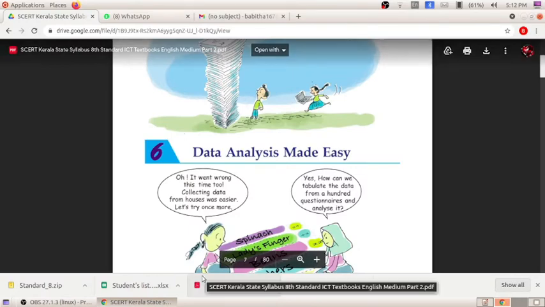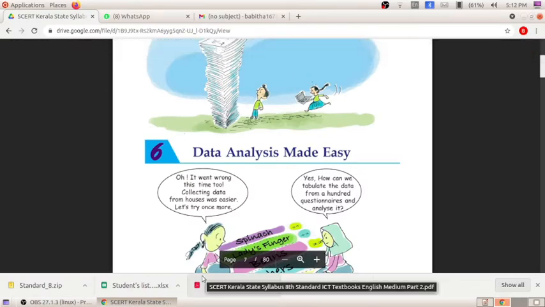Data Analysis Made Easy. From the picture you can understand that many papers are piled up like a pillar, and a boy is standing behind that paper pillar.